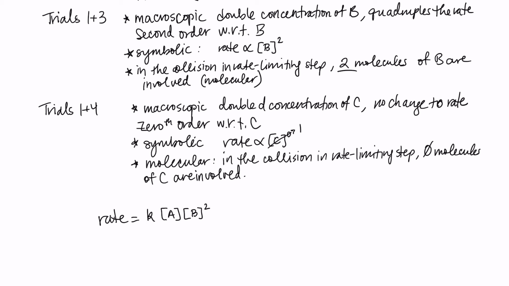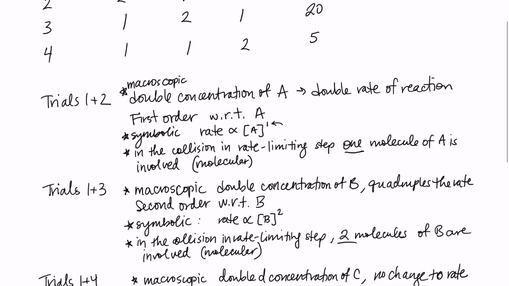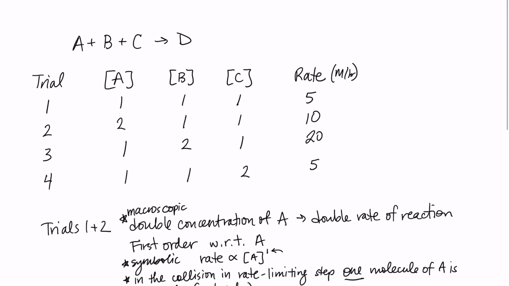And this is a nice summary here showing us that we need, in our rate limiting step, 1 molecule of A and 2 molecules of B. Those are all going to be involved in the rate limiting step, in the collision that is ending up determining the rate for that reaction. So that's a summary briefly of